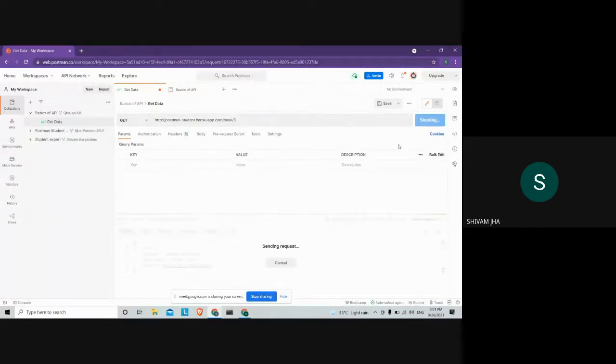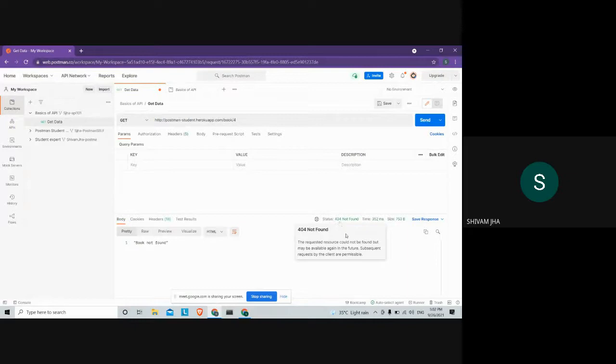Make a send request. Okay, we get this one, Steve Jobs. And let's see what happens if we give it a 4 here. Okay, book not found, error code 404. So this is what 404 actually means, something that you can visualize using Postman: the URL that was specified, book index 4, this full path, is not found. And here you can see the response, book not found, pretty clear.